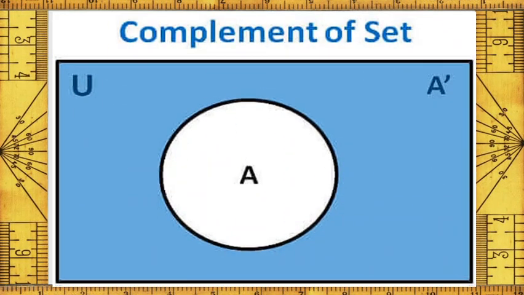Now, if you want to understand with the help of Venn diagram, it is there in front of you that this rectangular region always represents the universal set, and this circular region always represents the set. So let's say let it be set A, and now we want to find out complement of A. So again, as per the definition, all the elements of universal set which are not in A. So it means basically we have to remove, delete, ignore this set A, and the rest of all the elements of universal set are called complement of set A. So here this blue region represents A complement.